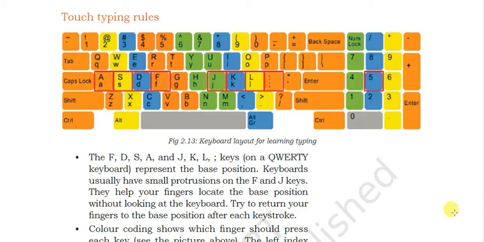So you know how to place your fingers. The home row is there, and the eight fingers of yours have been assigned the keys that should be pressed by them. A, S, D, F is for the left hand's four fingers, and J, K, L and the semicolon keys are for the right hand fingers. The space bar will be pressed with the right hand thumb.